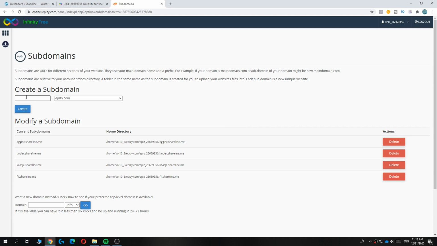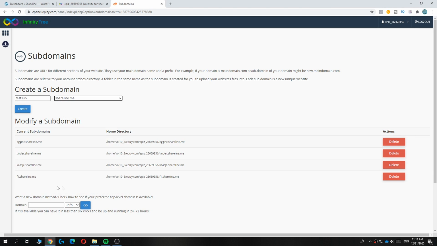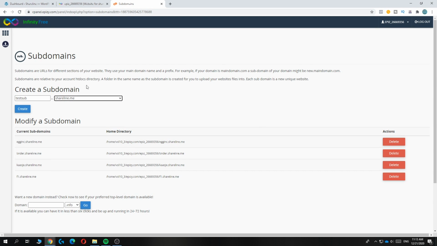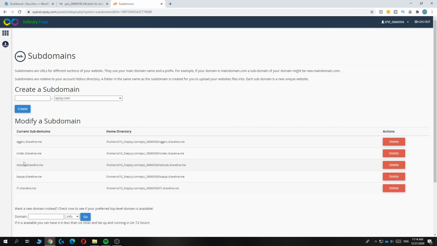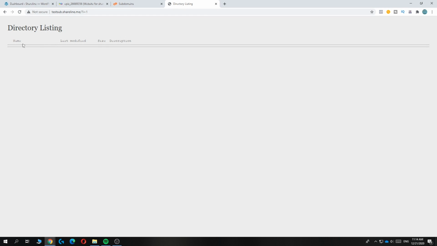So you just want to enter in your subdomain. Let's do testsub. And then you want to find the domain you want to use. For me, it's shareline.me. That's the domain, but you can choose all of these. It depends on your host. I select my own. Then you can hit create, and then it will add here. As you can see, here it is. And now when you type it in over here, as you can see, it works, but this is not what